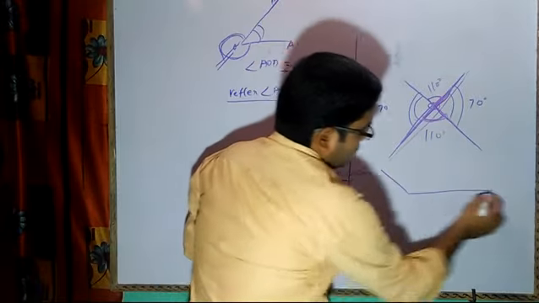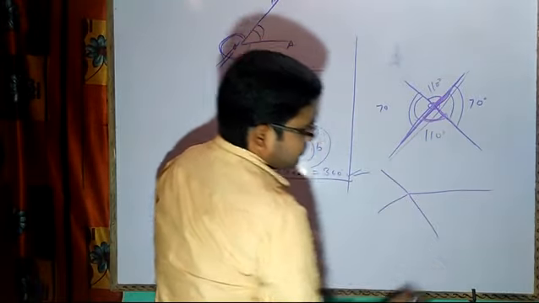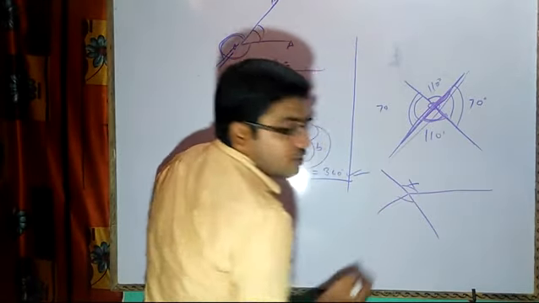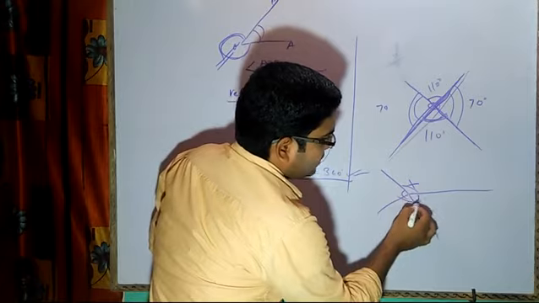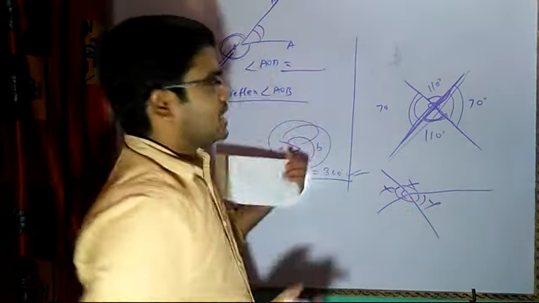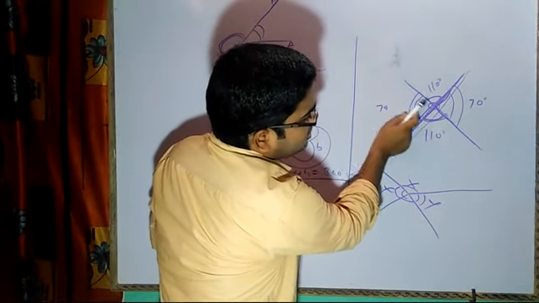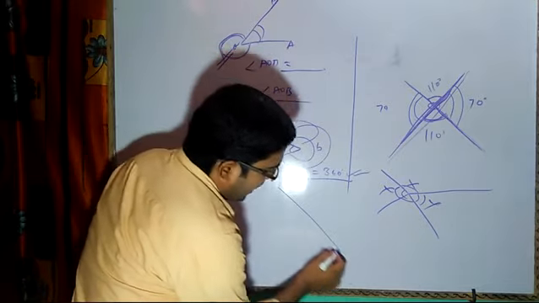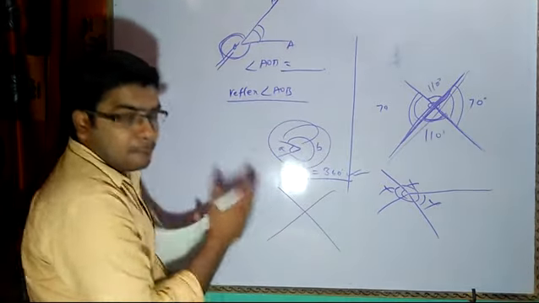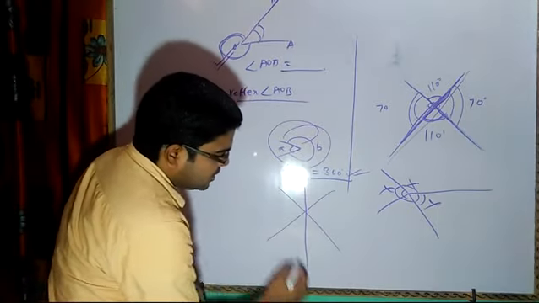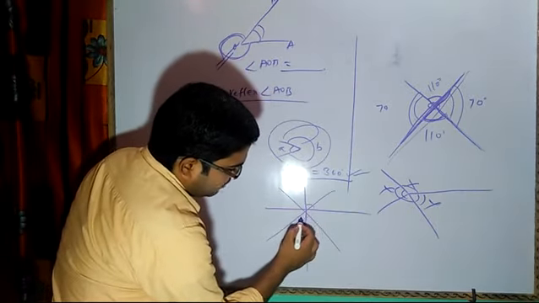Whenever I suppose I have a figure like this, then we cannot say that this angle is equal to this. This will be incorrect. For vertically opposite angles, you have to see that the line should not bend at any point. It should go like this and then this. A complete X symbol should be there. If I have another one like this, then this angle will be equal to this.